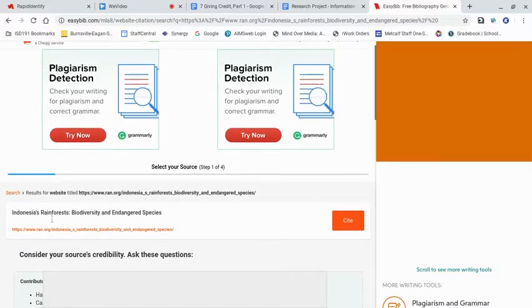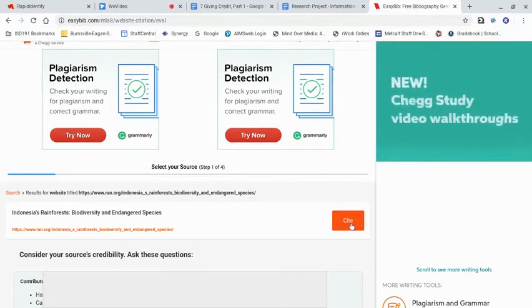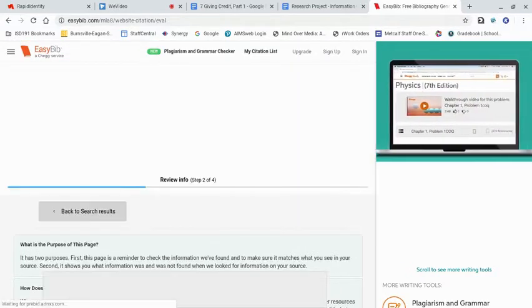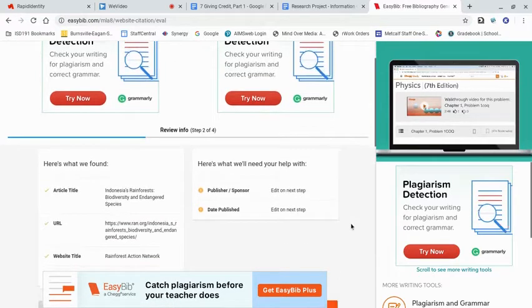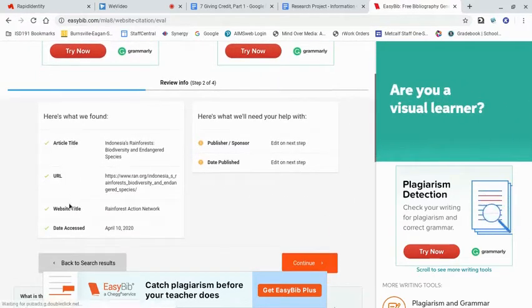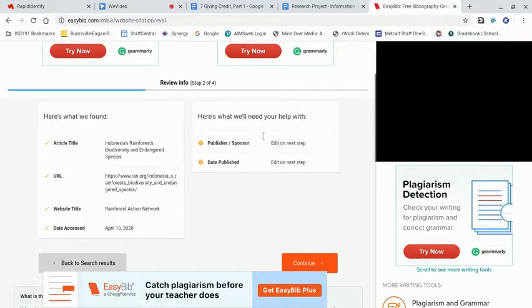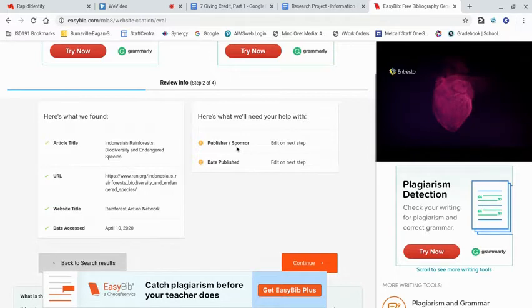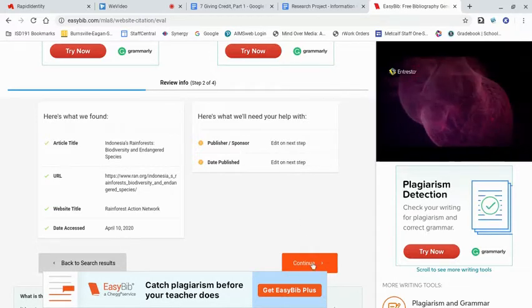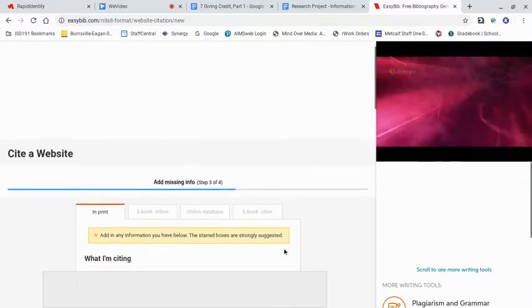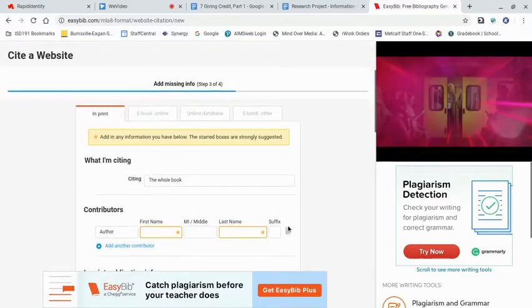If I'm reading this, that sounds like the right article. I'm going to click the word Cite. It's going to tell me what it found, the title, the URL, the website title. See article title, website title, how they're different. The date accessed. It's going to assume it's today's date. Doesn't really matter. It won't end up showing up in our final step. They'd like us to tell it who the publisher or sponsor is and the date published. Well, most websites don't tell us that, but some of you found those things. So when it goes to the next thing,